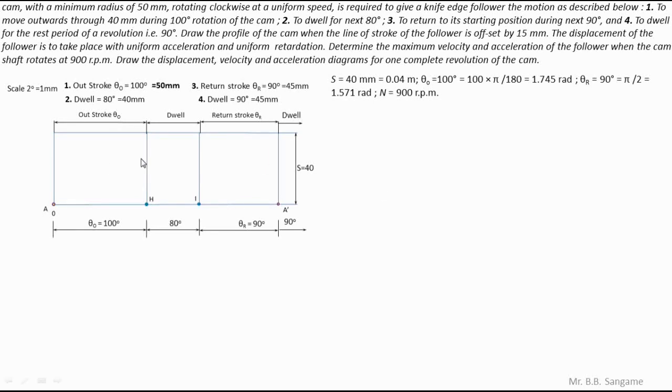So for that purpose, I am going to draw a line at an angle of about 20 to 30 degrees from point A. On this line I am going to divide it into 6 equal parts. I am going to take a distance of about 8 to 10 mm; you can go for any distance as per your convenience. So here I have decided to take a distance of 8 mm in the compass.